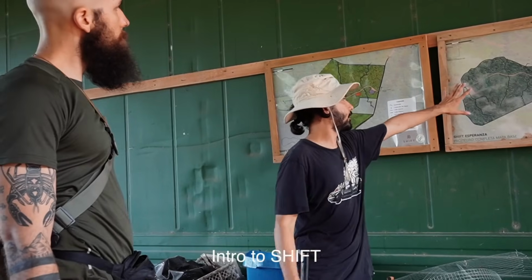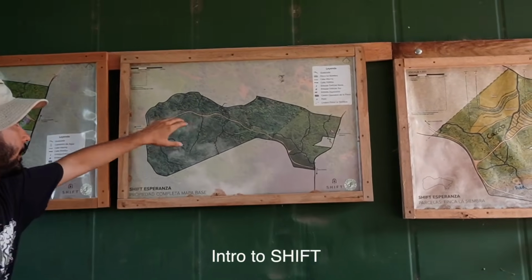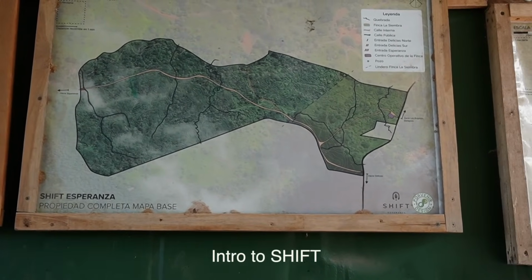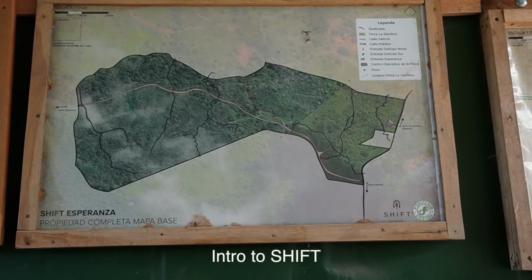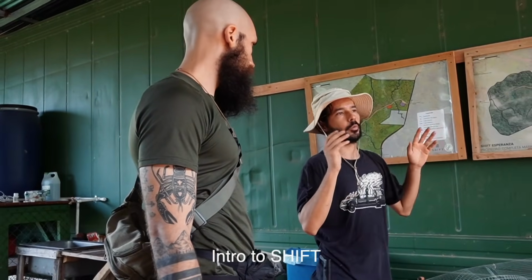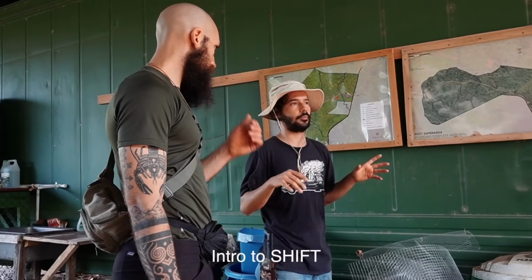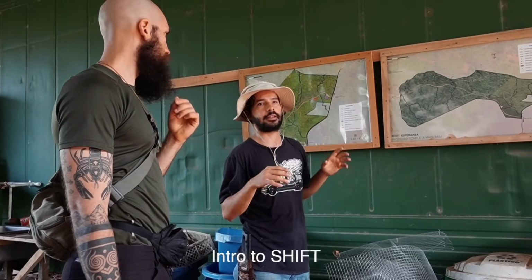Yeah. This project is a residential development. So in this area there are going to be around 30 houses, in the first phase. But the idea is to have a development, do things in a kind of different way. So we started with the farm, putting a lot of energy in the farm to develop a system that is going to help the people that live in there to have